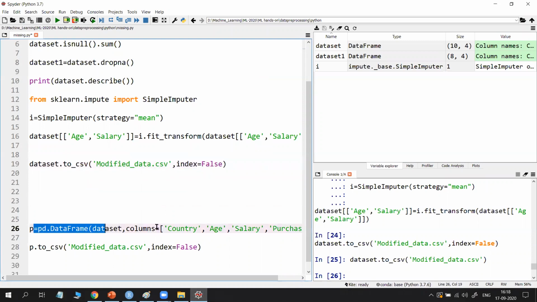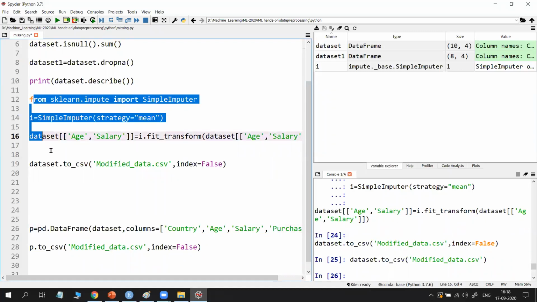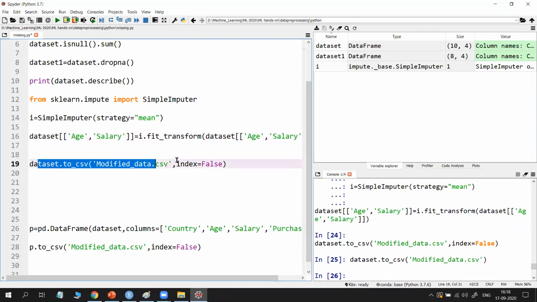And why I used this one is, in some cases, after doing some modifications at this stage, before writing this to_csv, try to check the data type of the data set. See here, the data type given is DataFrame. If it is a DataFrame, okay, you can use to_csv. But in some cases, the data type is changed.